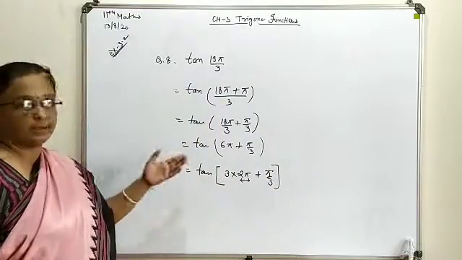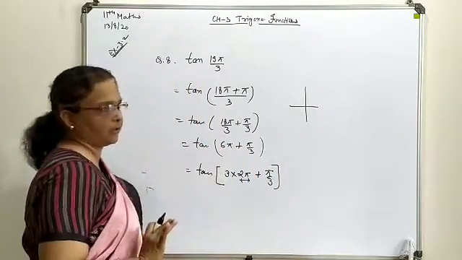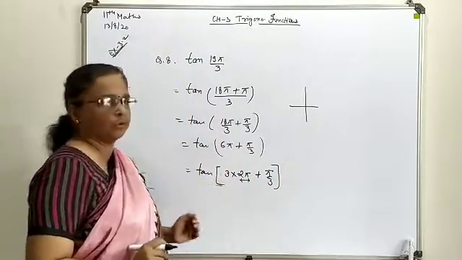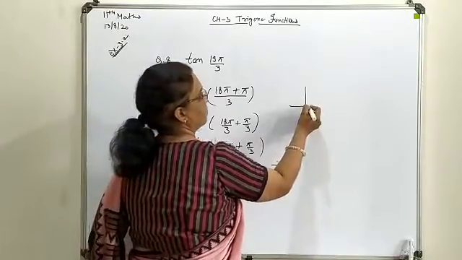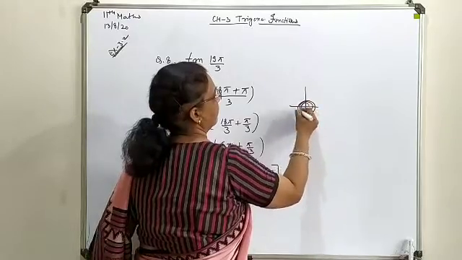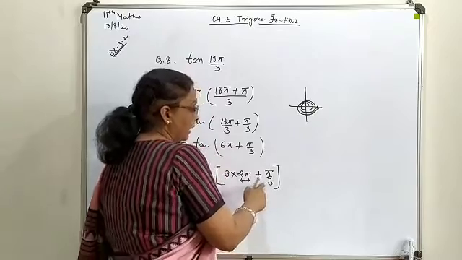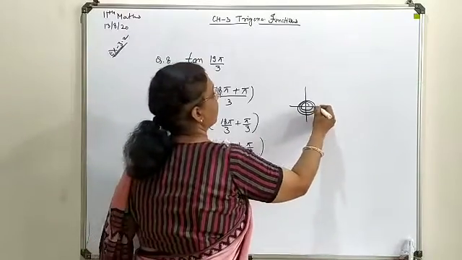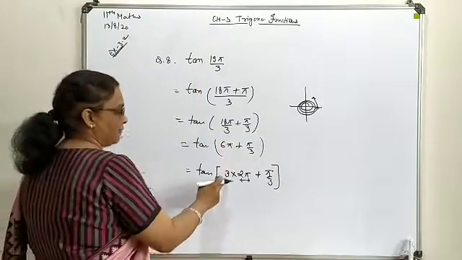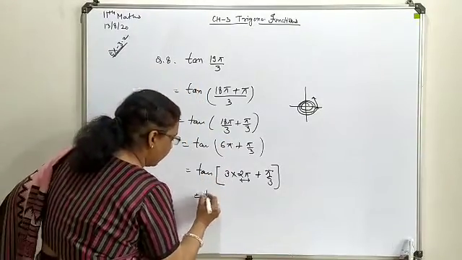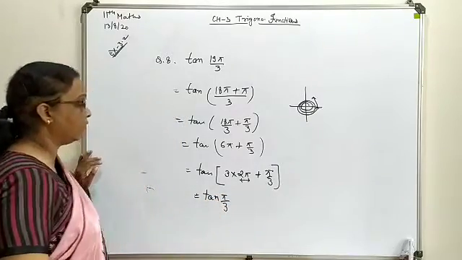So here again, as in the previous case, this is your quadrant system. Just for understanding purposes I am drawing this; otherwise you can skip directly to the next step. Here 3 times 2 pi is to be covered. So 1, 2 and then 3. After completing 3 cycles we reach the original position, and plus pi by 3 means in the first quadrant you will have the 60 degrees to cover. So after completing 3 cycles we reach the first quadrant again.